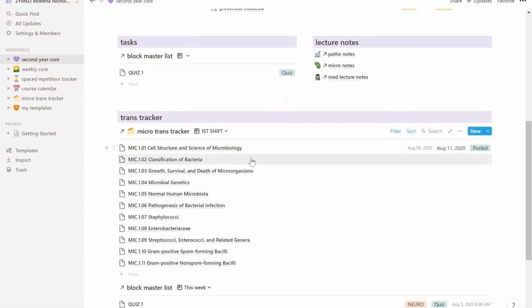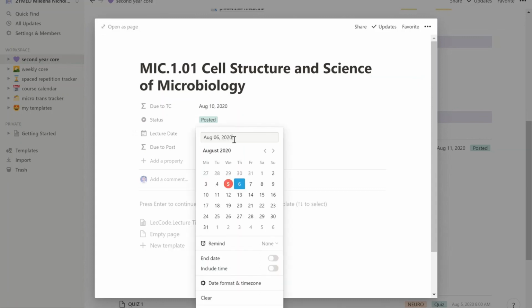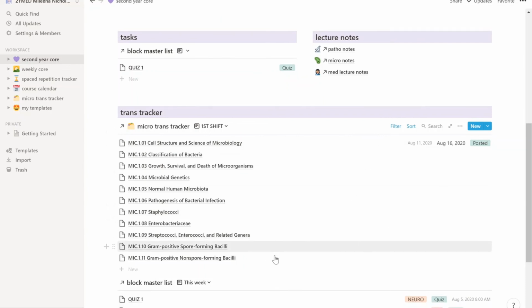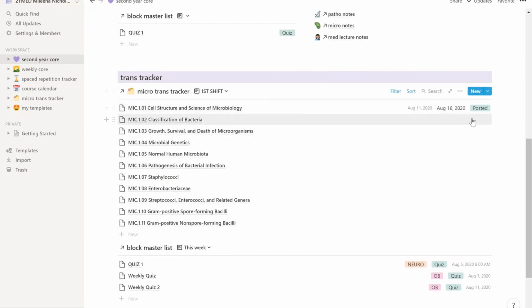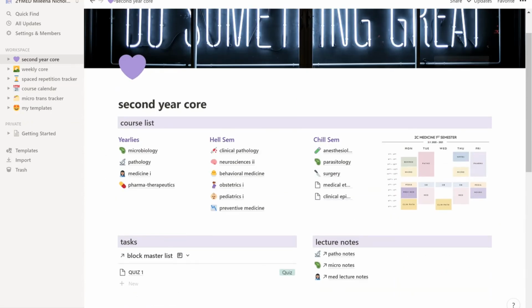This just basically shows when it's due to me, when it is due for me to post, and when the lecture date was. And the good thing about this is it automatically generates the due dates for you for when you want to post it. There. So that's my trans tracker,